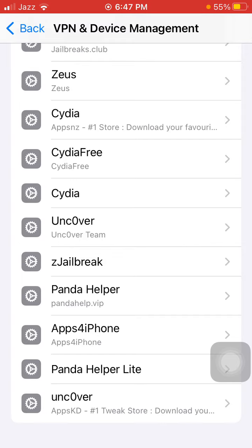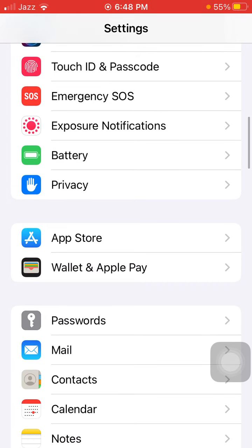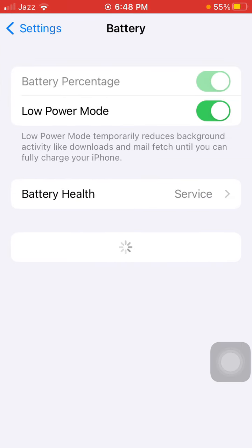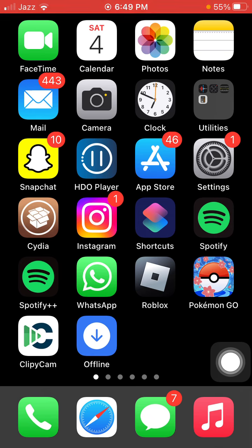What we have to do, we have to go back to Settings. Here we have to tap on Battery and disable Low Power Mode. Now force close all the apps that are running in the background and force restart your iPhone according to your iPhone model. After force restart, launch Settings, General,